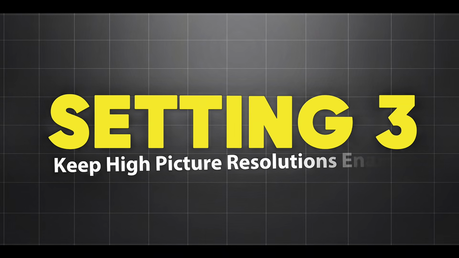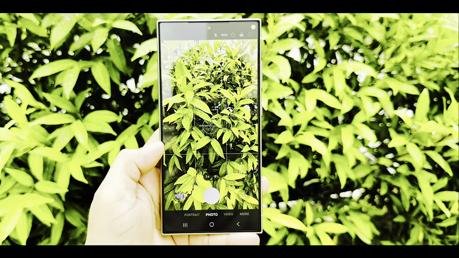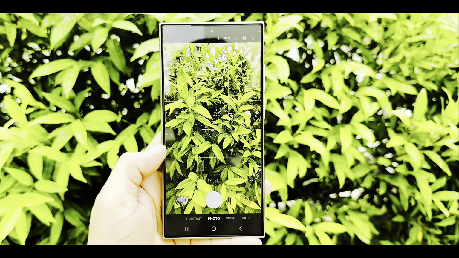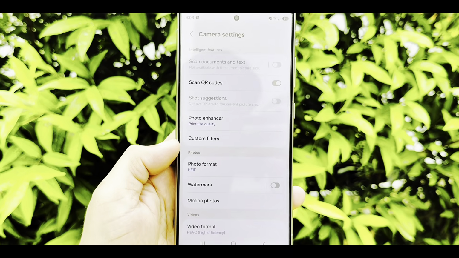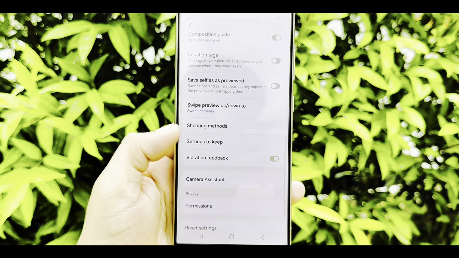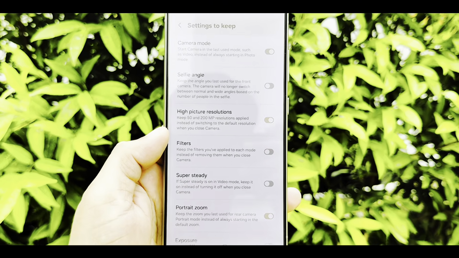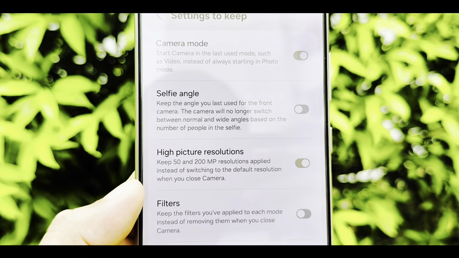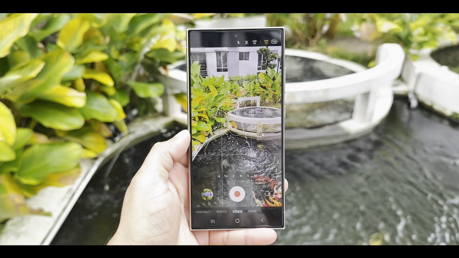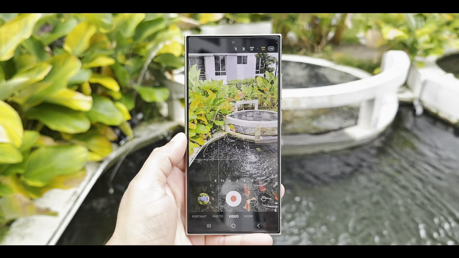Setting number 3, keep high picture resolutions enabled. Finally, let's enable one of the most useful settings for high-quality photography. Go to Camera Settings, Settings to keep. Enable high picture resolutions. When this setting is turned on, your phone will remember if you selected 50 megapixel or